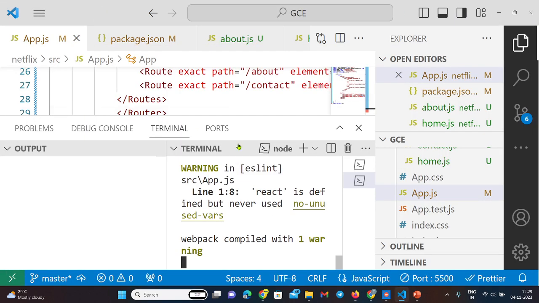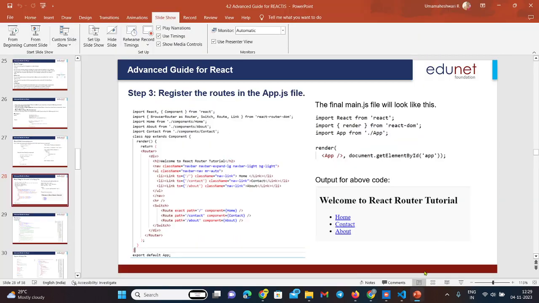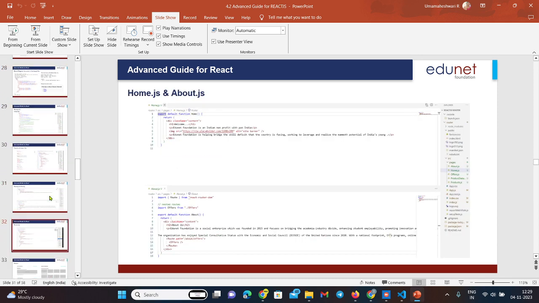So clear? Did everyone understand routers? So how can we work on this? Next is